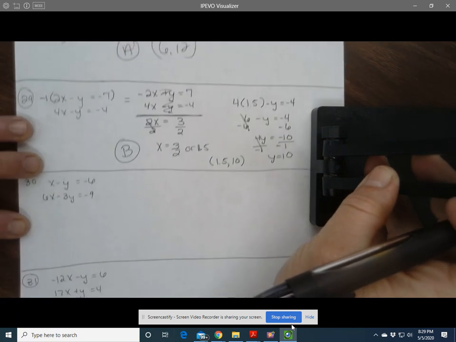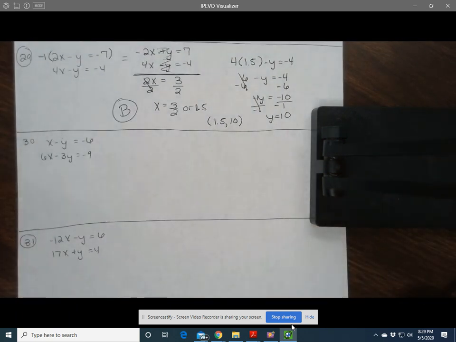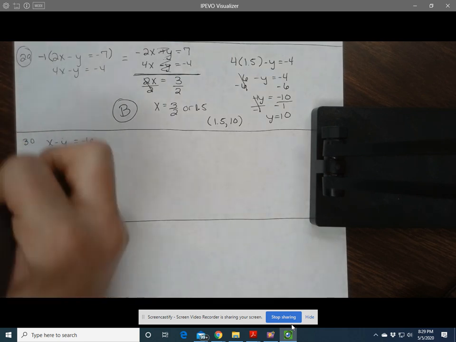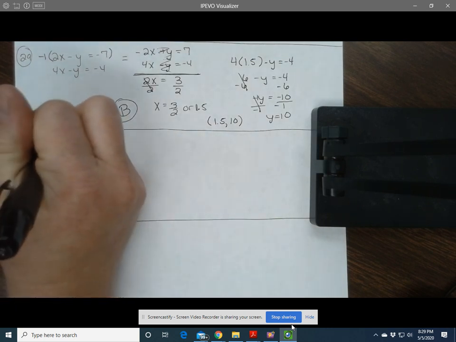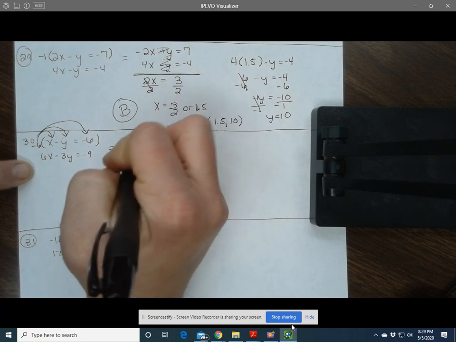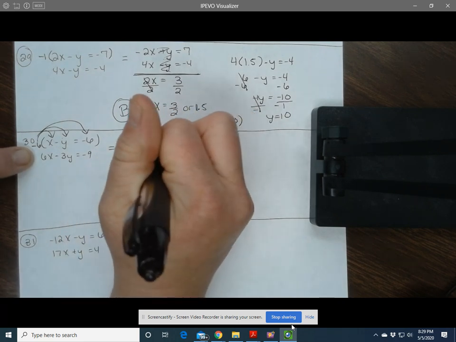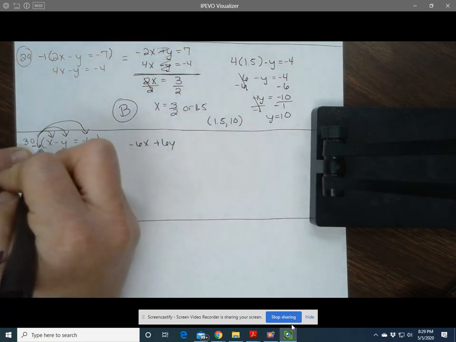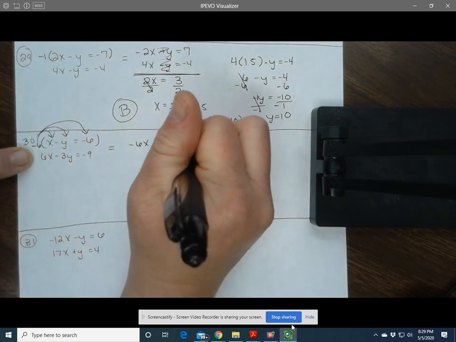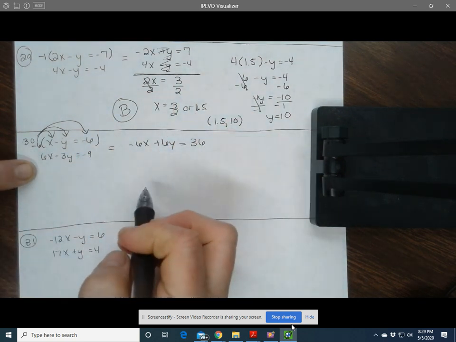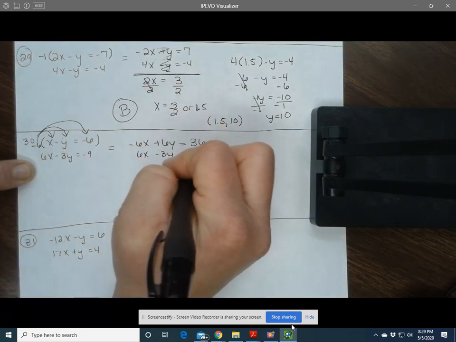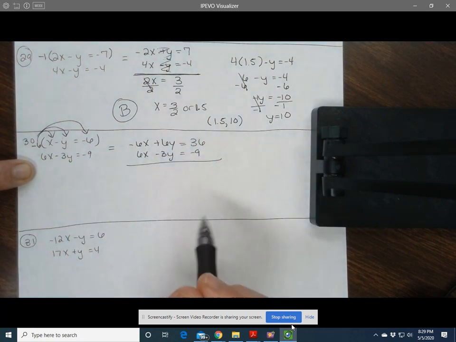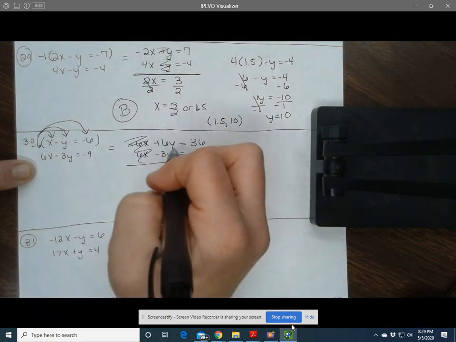Now, on number 30, again, I'm going to look and see if I can make these eliminate. Well, if I multiply this top by a -6, those will eliminate. So, again, I'm going to distribute that to everybody, and that's going to become a -6x. That's going to become plus 6y, because two negatives make a positive, and that equals a positive 36. Now, I'm just carrying this other one over. So these eliminate, and that leaves me with